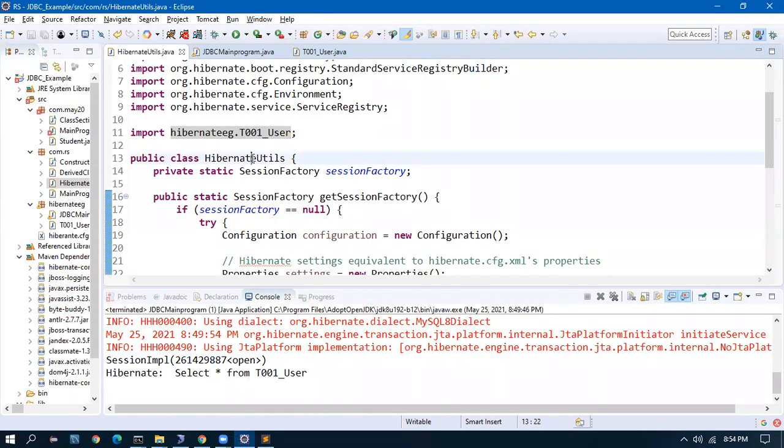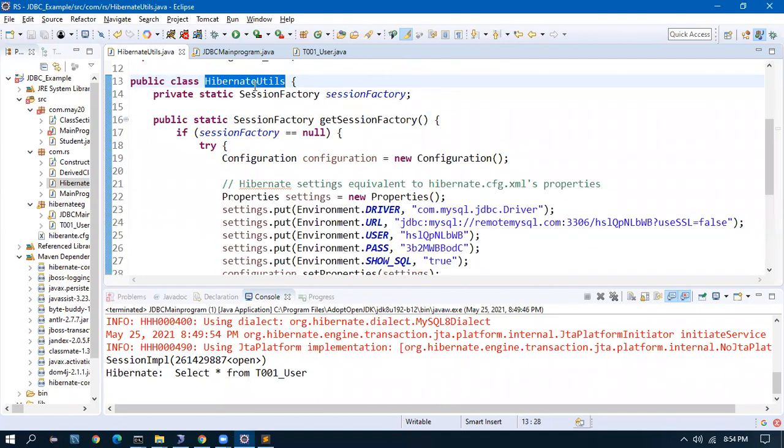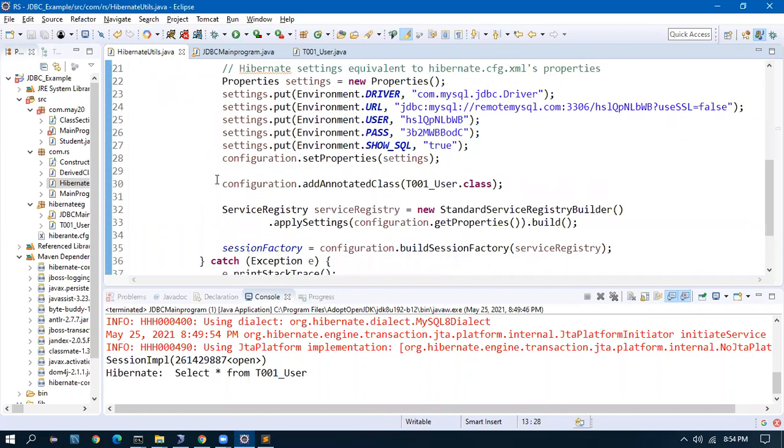I created one normal Java file. I am calling it the util file. And here I am giving the configuration: the URL, username, password. If I give show SQL false, then I will not get the SQL query. Whatever Hibernate is doing behind, you will not know it.